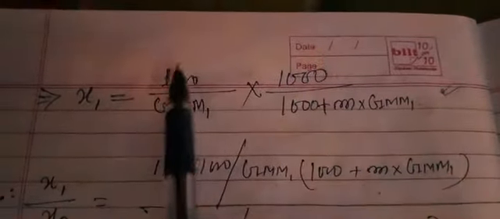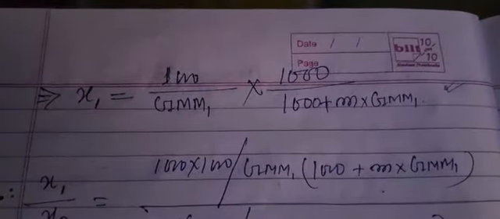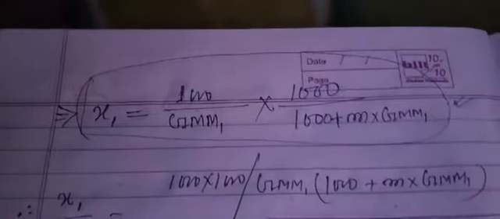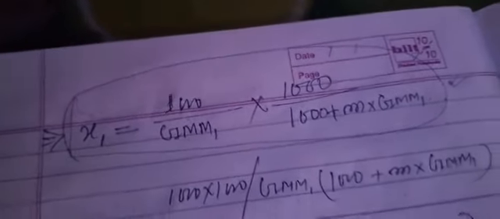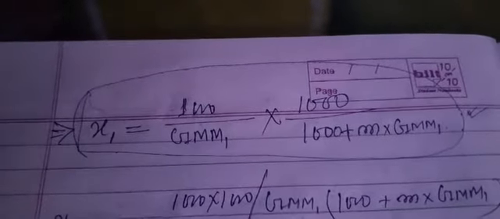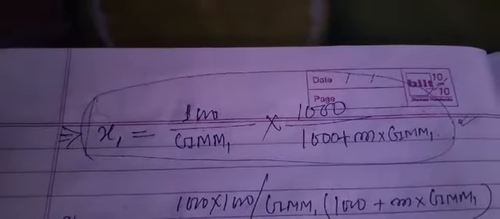So with the help of this formula, you can find out the mole fraction of the solvent also. So this is the important relationship. With this formula you can find out the value of the mole fraction x1, that means the mole fraction of the solvent. Now we have got the value of x1 as well as x2. So we will have another type of relation involving x1 and x2.